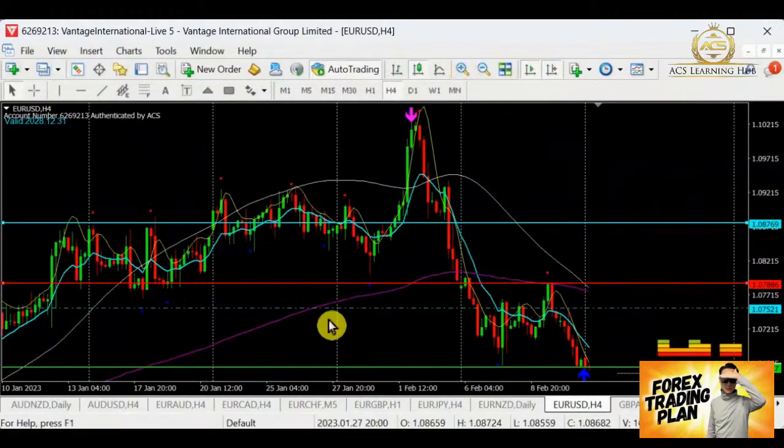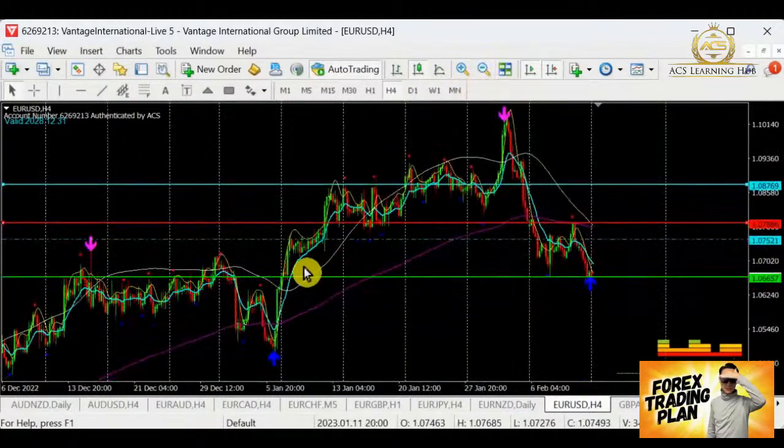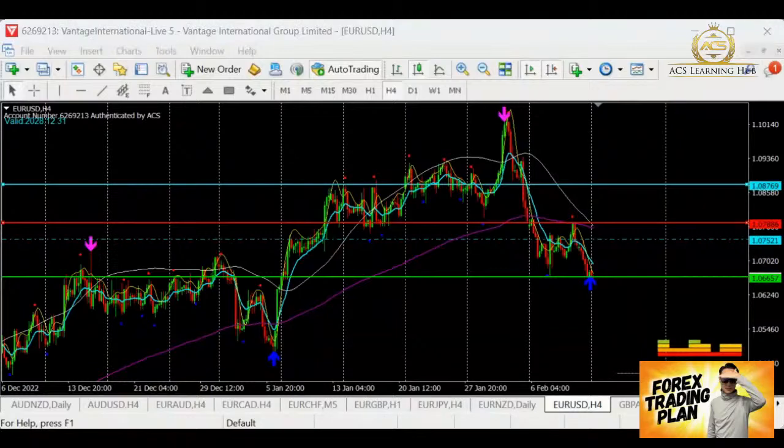Over here, there's a support level. One thing about this, there's a price print here. So once it breaks this, for Euro Dollar, I want it to break this, retest, and then start selling. It's going to be a very clean trade for the Euro Dollar. So I'm going to put Euro Dollar into my watch list for selling.